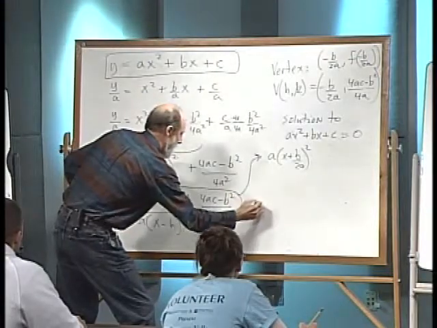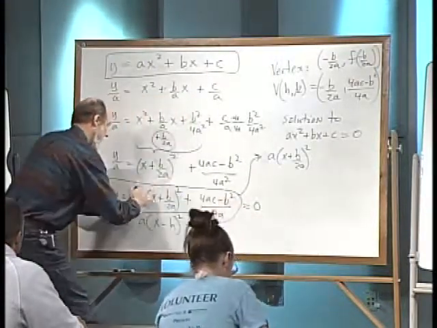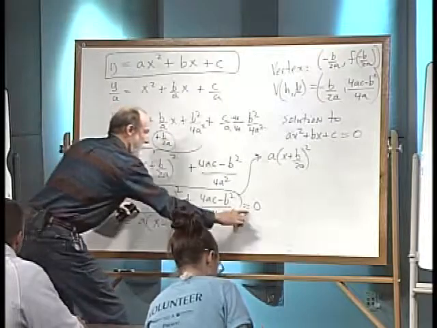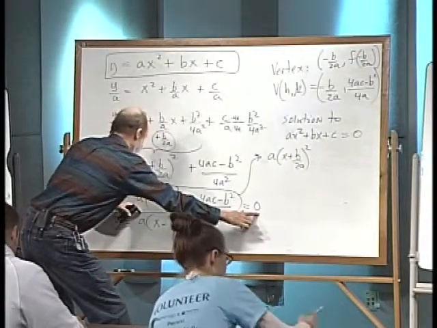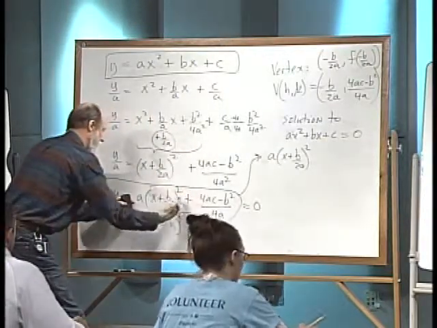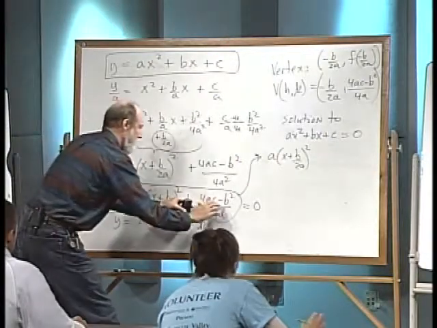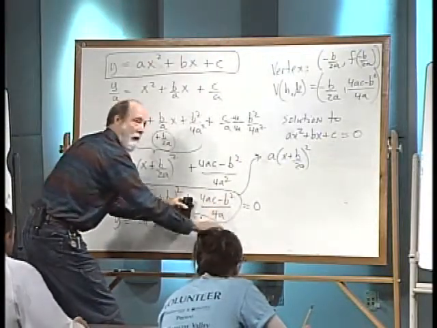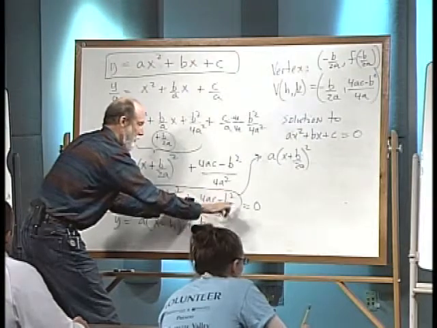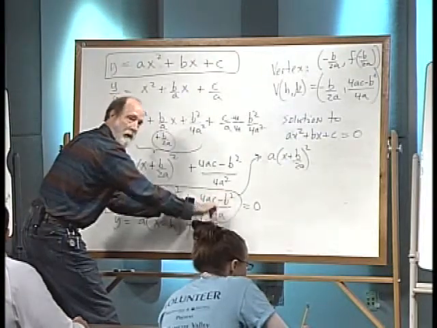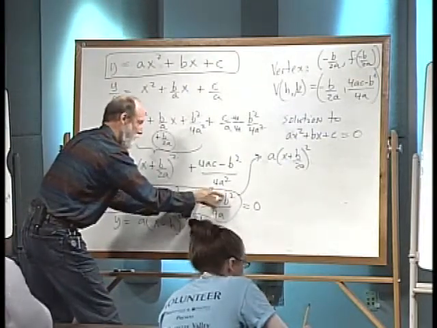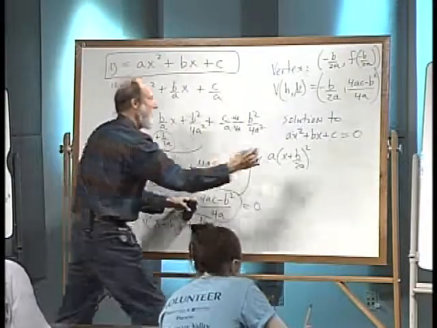So in the interest of time, I'm just going to imagine that this thing right here is equal to 0. And so then I'm going to have this binomial square expression, and I'm going to move this term to the other side, folks. If I move this to the other side, it changes the sign of it, doesn't it? So it becomes a positive b squared minus 4ac